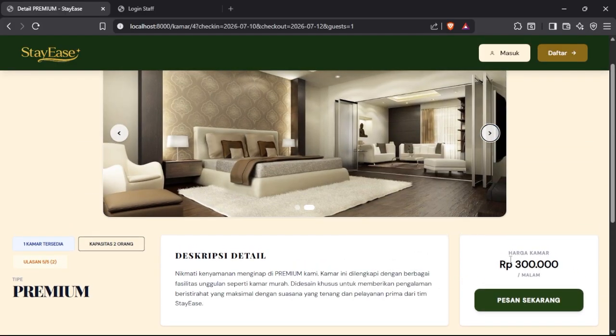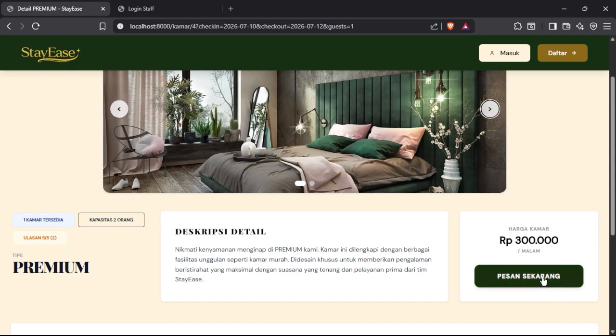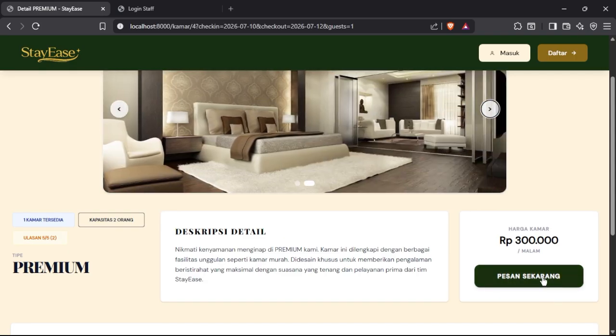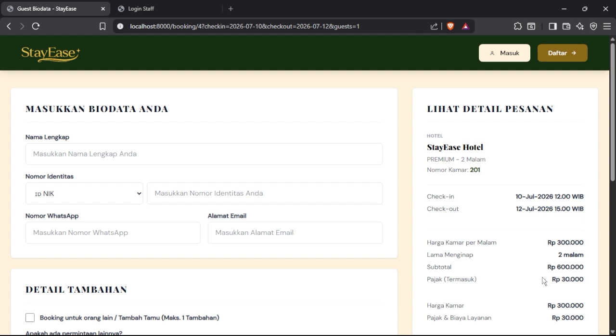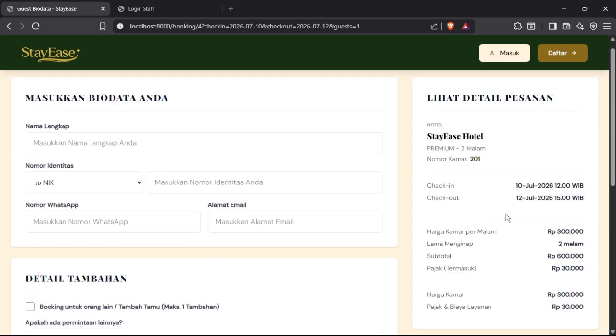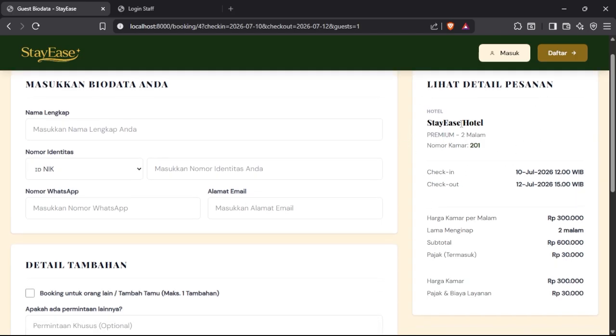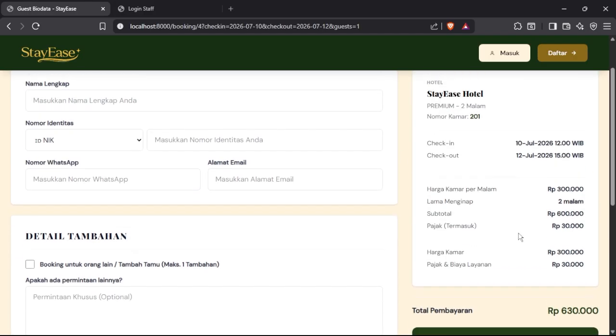Next, the guest needs to click this button to move to the next step, which is filling in the biodata. On this page, there will be more information about the details, like the name of the type, the number of rooms, check-in and check-out dates, and the full price.